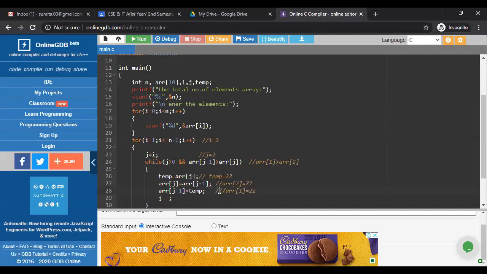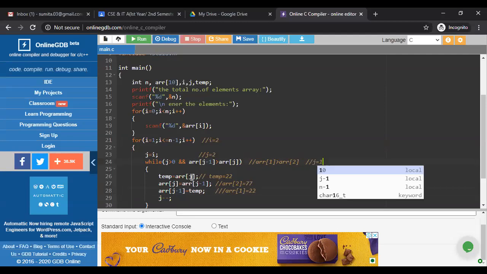Why? Because of the second comparison. For that case, the J value is decremented by 1. So the first time the loop is executed, the J value is 2 for the first comparison. But for the second comparison, now the J value is 1. So if I am taking it that way, the J value is 1 now. Here, when the loop is executed, I am writing here, the J value is 1 now. Because the first time J is executed, there is a 2. Now J minus minus, again 1.